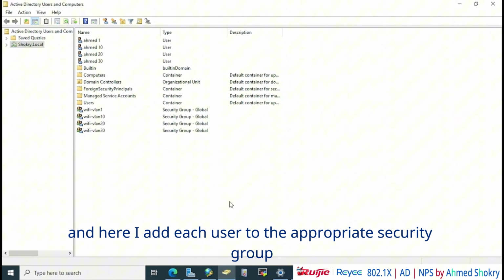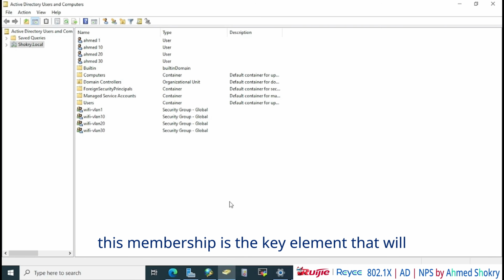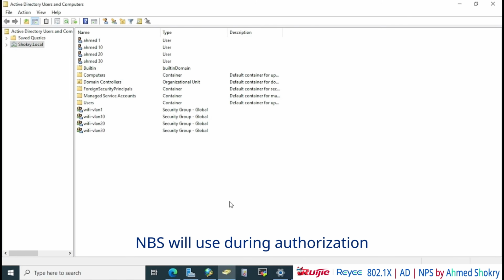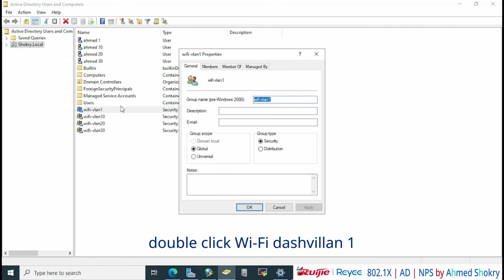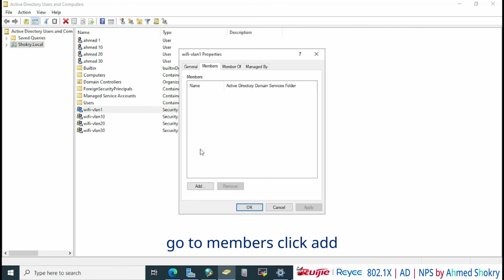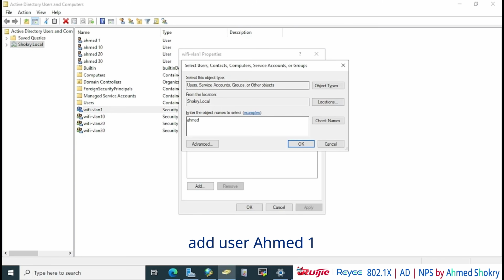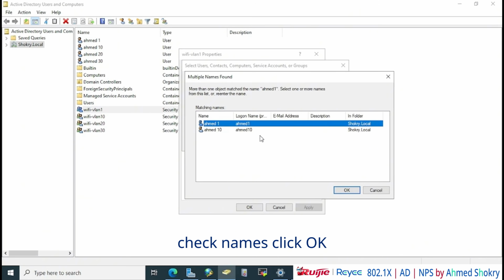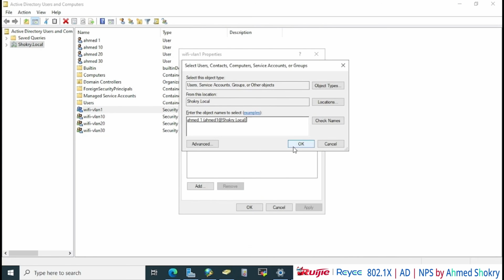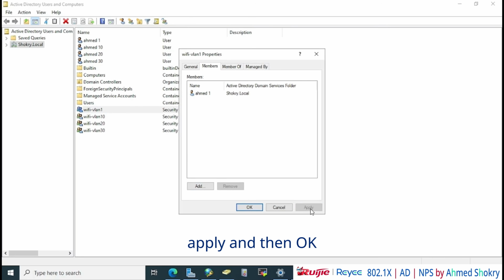And here I add each user to the appropriate security group. This membership is the key element that NPS will use during authorization. Double-click Wi-Fi-VLAN 1, go to Members, click Add, User Ahmad1, check names, click OK,